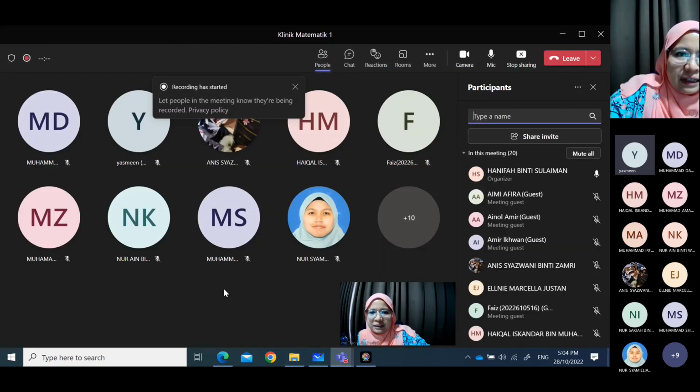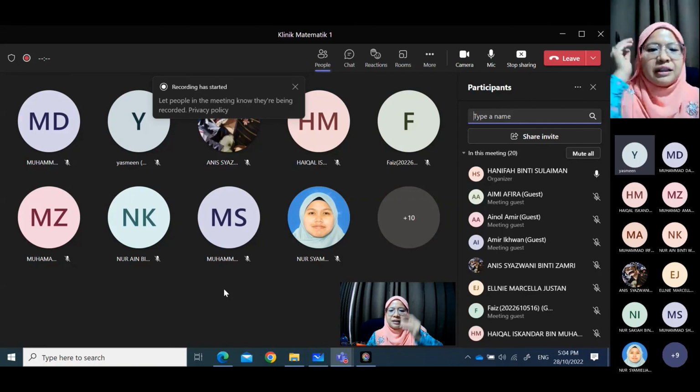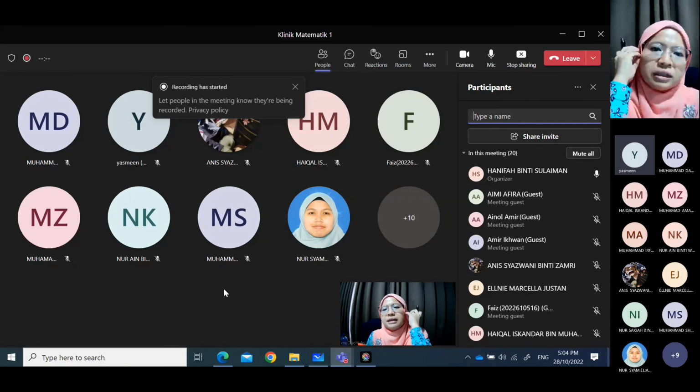Okay. So untuk sesi hari ni kita buat 1 jam. Tak cukup untuk kita cover semua. Unless kalau you ada